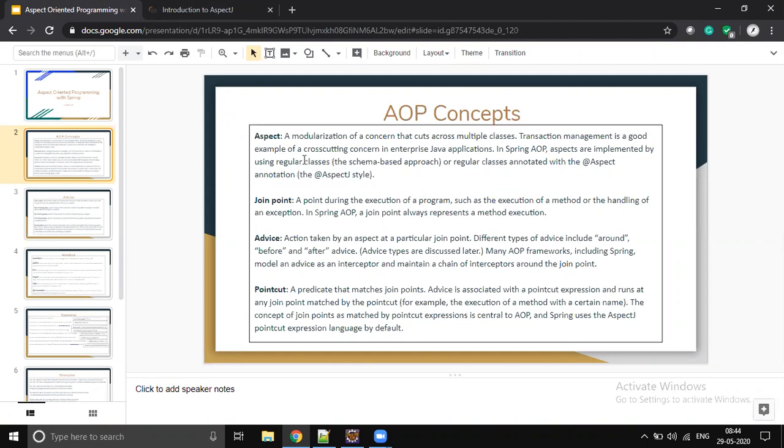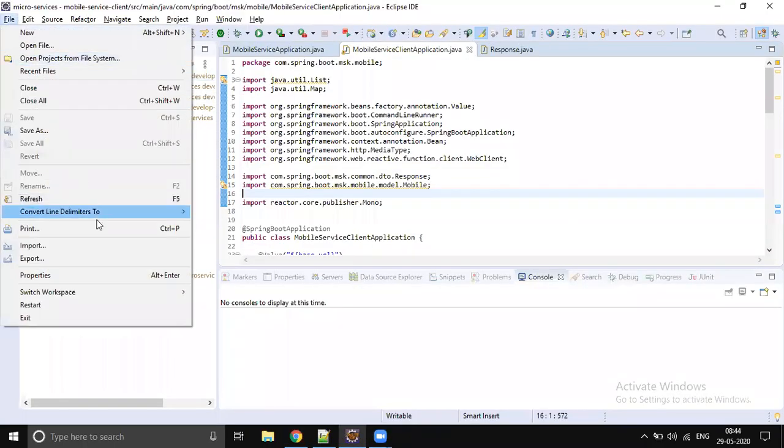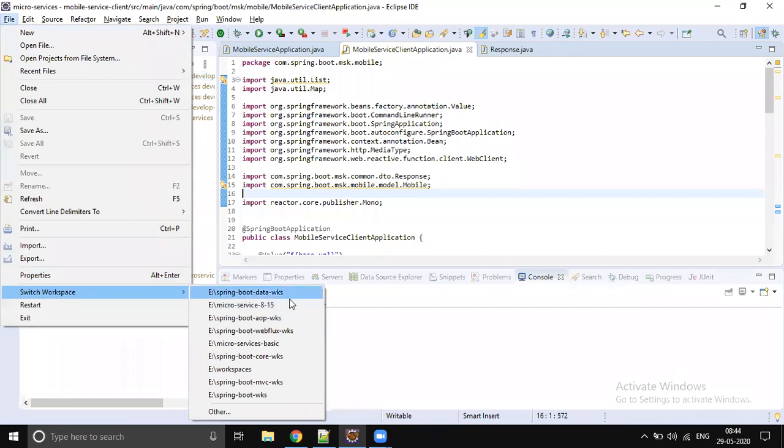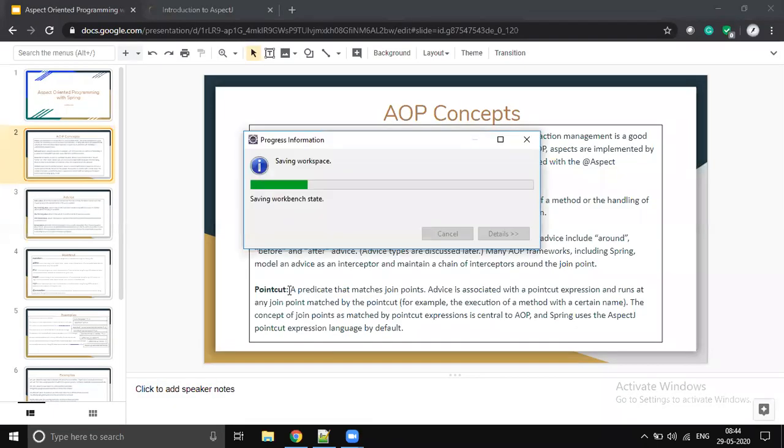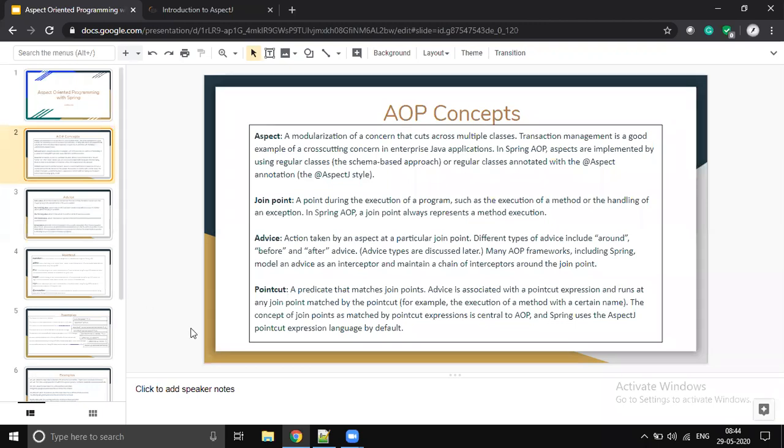We don't do any theory. We directly jump into the coding and start writing the code. So we will learn this concept by hands-on.